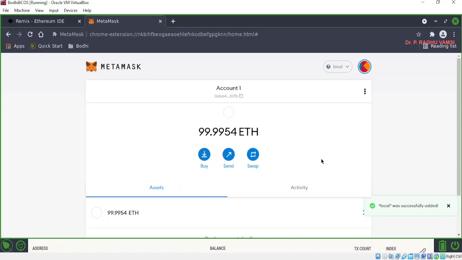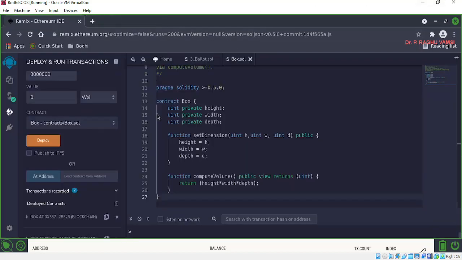So the only thing is, just by using the mnemonics, we have recovered our account from other wallets. So these mnemonics are very important. One needs to remember these mnemonics so that it will be easy for us to recover the account, the wallet, from any other provider, whenever we connect to any main network or any other test network. So this is the example that I am going to demonstrate to you: how to use the GUI based wallet, that is the Ganache wallet.